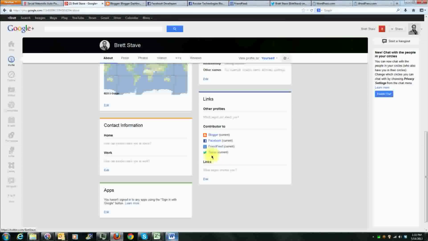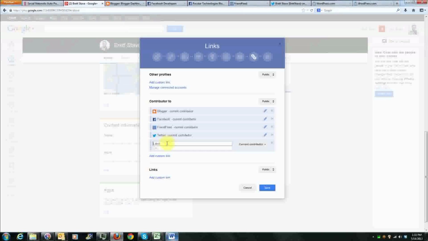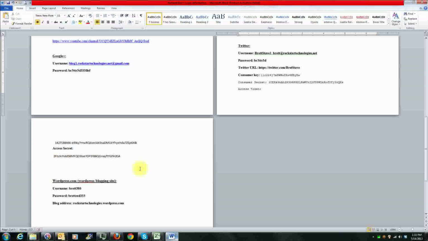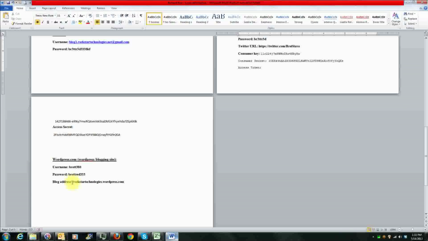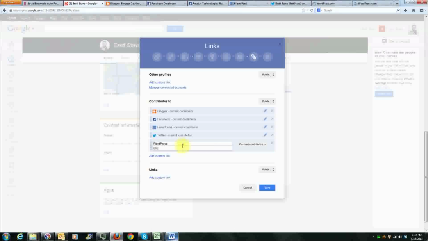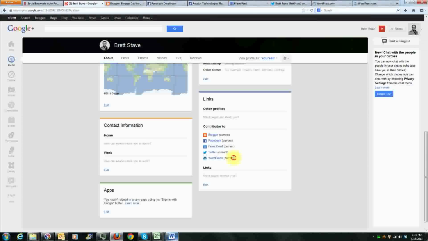So now we're a contributor to our Twitter account, and the last one that we want to do is the WordPress. So WordPress, and let's see if we saved the WordPress URL, and we did. So the blog address is right here, rockstartechnologies.wordpress.com. Control C, copy that, go here to the URL, make sure you type in http:// and let's paste that URL in there, rockstartechnologies.wordpress.com. We'll save that, and so now we have all of our social media accounts linked up with our Google Plus account,